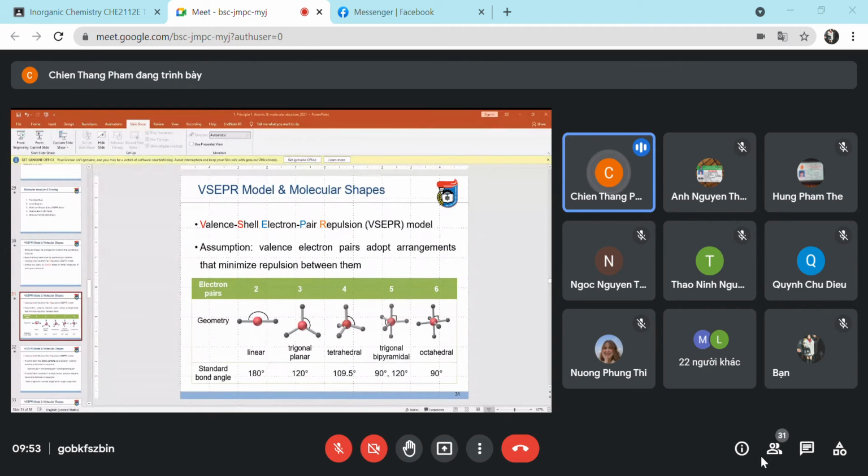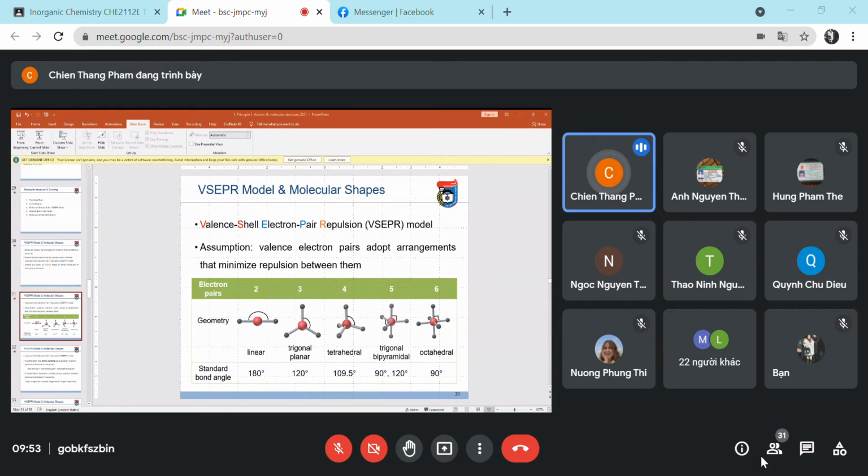In case the central atom has lone pairs or bonding pairs, we must consider the order of the electron repulsion. You can see it decreasing in sequence. The first one is the repulsion between lone pair and lone pair. Please remember that the lone pair occupies more space and is more active than the bonding pair,